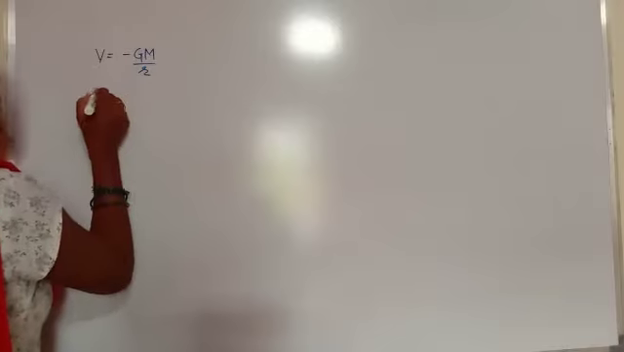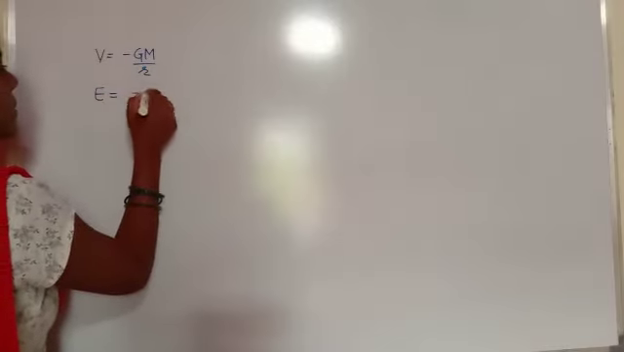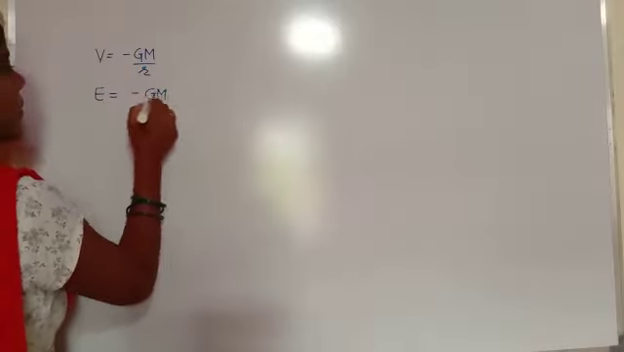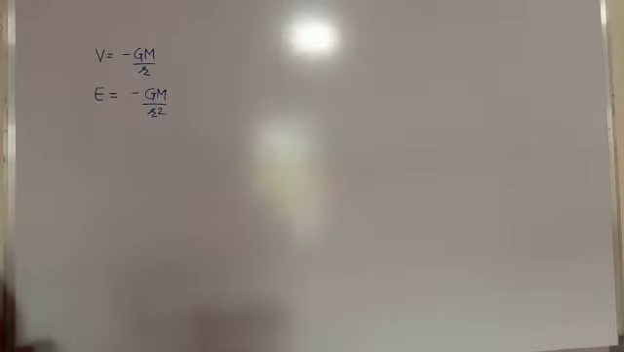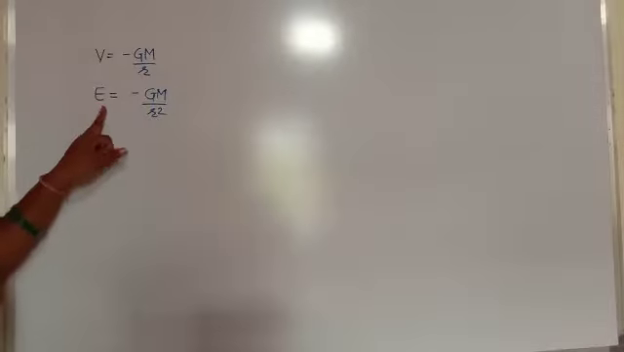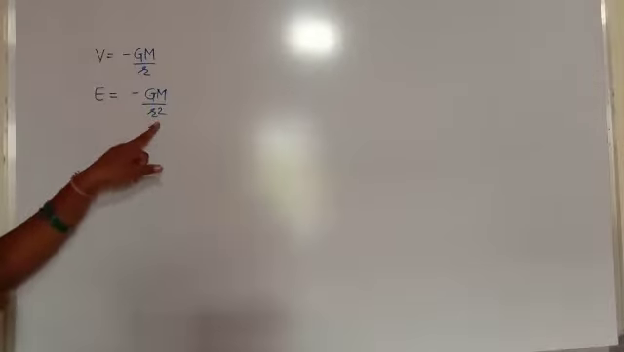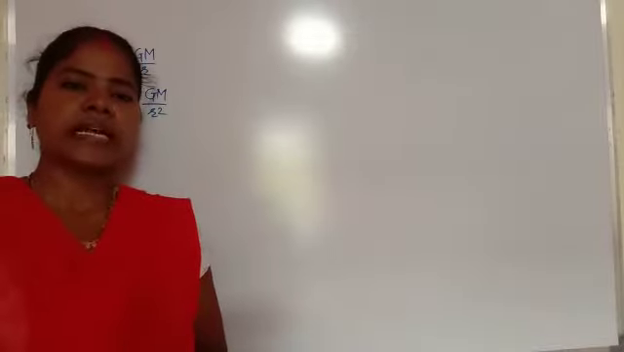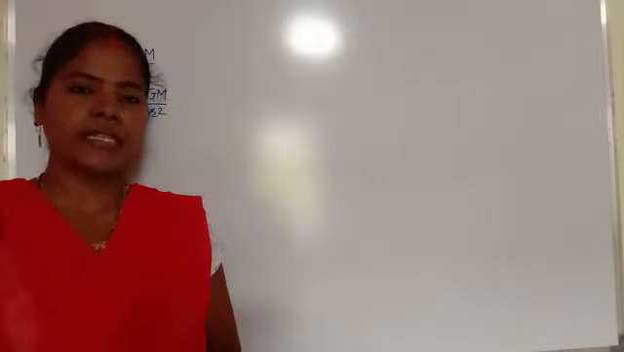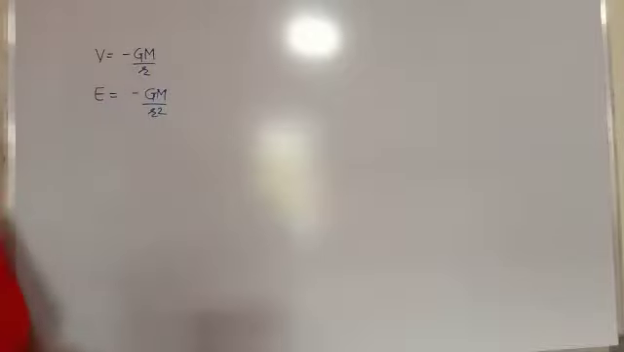And we have E is equal to minus GM by R square. So this is the expression for the gravitational field intensity, that is force per unit mass, that is E is equal to minus GM by R square. So by using these two expressions, in today's class we understand the expression for the